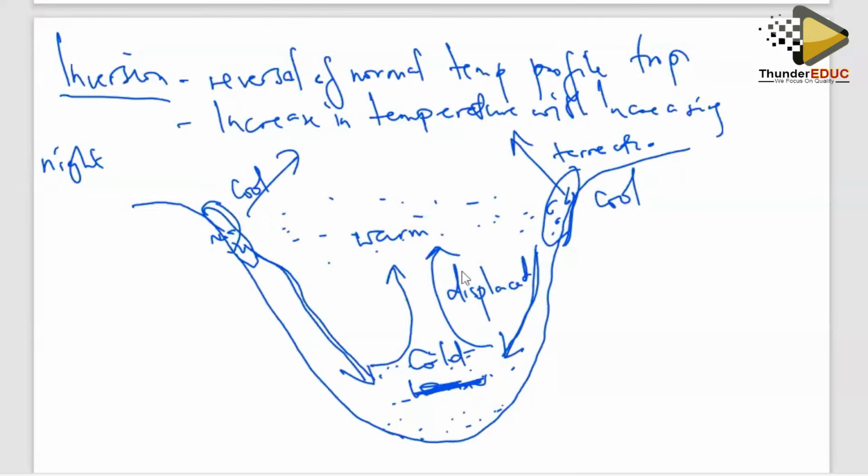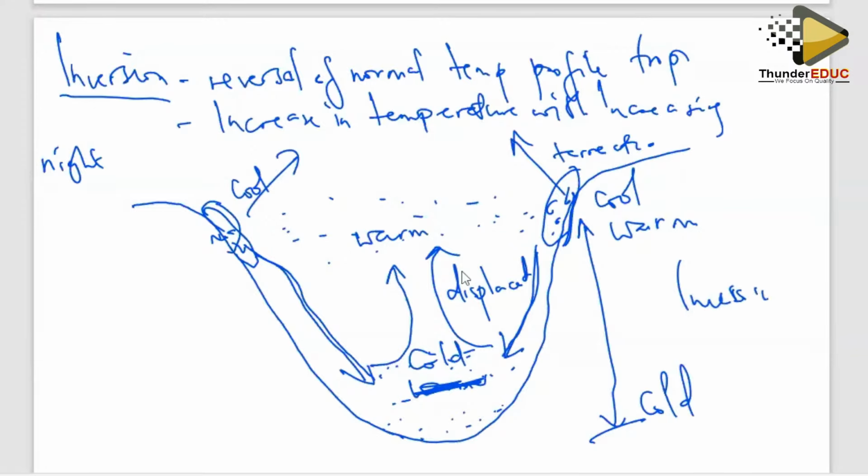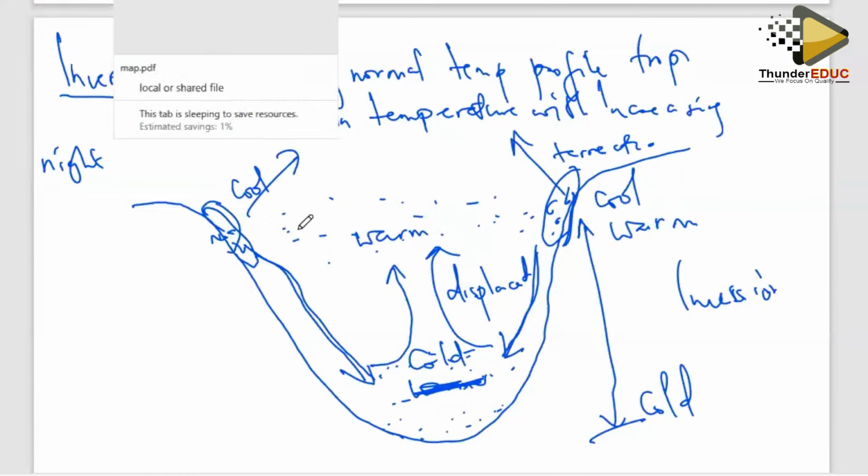So as a result, if you look at our profile here, coming from the valley floor, going upwards, from the valley floor it's cold. But as we go up, it is getting warm. This is an inversion situation. That's basically how you explain that using an illustration. But you're supposed to explain using text. Right. That takes us to the end of